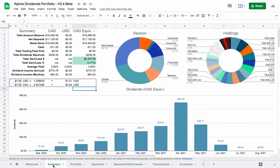the only thing left to do is come back to the summary tab and check how much our income has gone up by. So now we're at $770, almost $771, and that's an increase of about $13 since before I bought these stocks. So that's awesome. That's just pure passive income, and it's going to grow as well. That $13 will grow over time, especially with companies like Savaria as they aggressively increase their dividend. And it's just really nice to continue lumping that back in, buying more and more shares, and then later in life